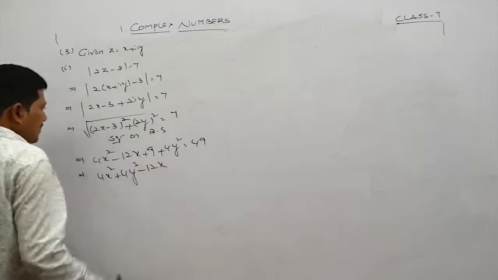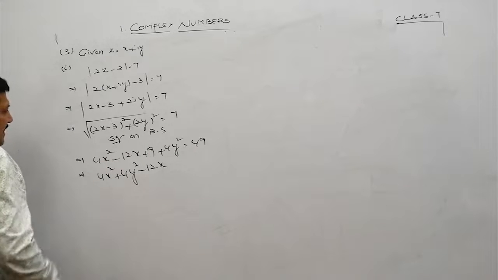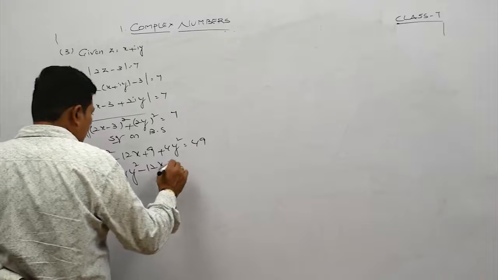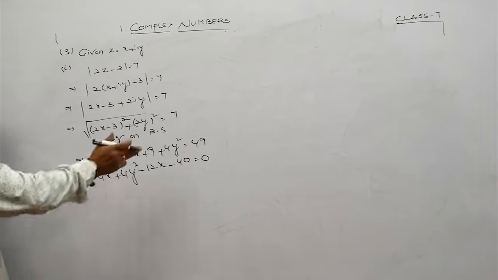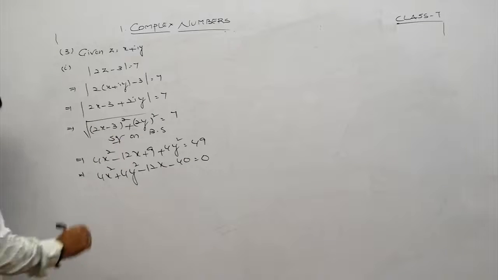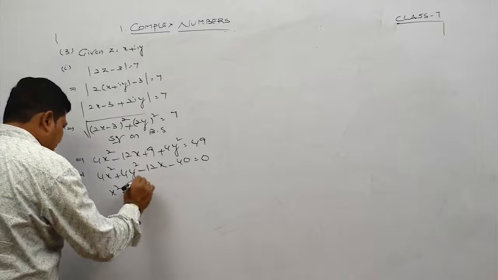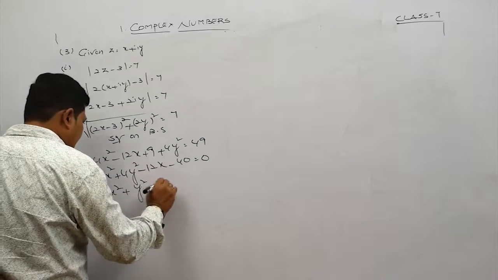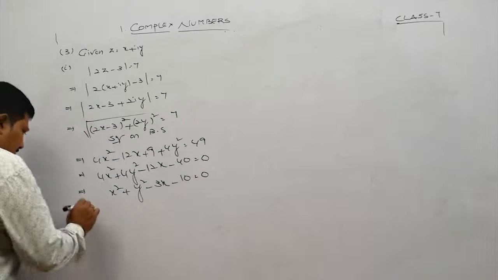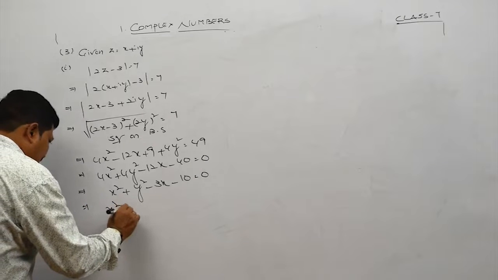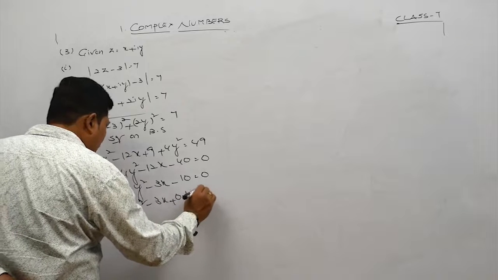మైనస్ 12x. సో ప్లస్ 49 ఎడం చేతి వైపుకి తీసుకొచ్చినట్లయితే మైనస్ 49, 9 మైనస్ 49 ఈజ్ మైనస్ 40 ఈజ్ ఈక్వల్ టు 0. త్రూఅవుట్ ది ఈక్వేషన్ 4 క్యాన్సిల్ అయిపోతుంది. త్రూఅవుట్ ది ఈక్వేషన్ 4 చేత క్యాన్సిల్ చేసినట్లయితే ఎక్స్ స్క్వేర్ ప్లస్ వై స్క్వేర్ మైనస్ 3x మైనస్ 10 ఈజ్ ఈక్వల్ టు 0. మళ్ళీ దీన్ని మీకు అర్థమయ్యే భాషలో రాస్తే ఎక్స్ స్క్వేర్ ప్లస్ వై స్క్వేర్ మైనస్ 3x ప్లస్ 0 ఇంటూ వై మైనస్ 10 ఈజ్